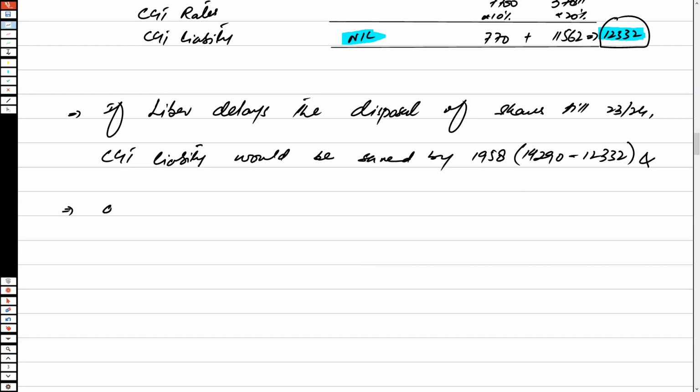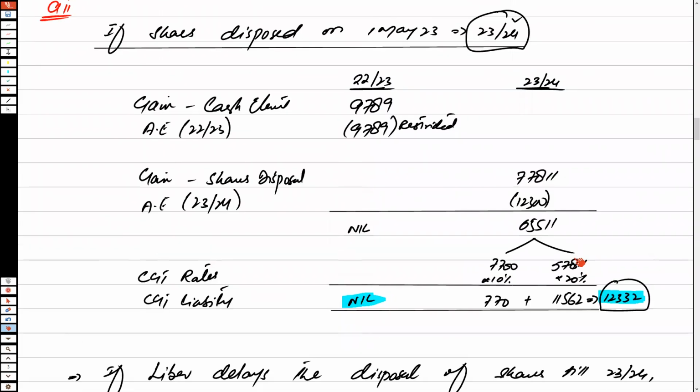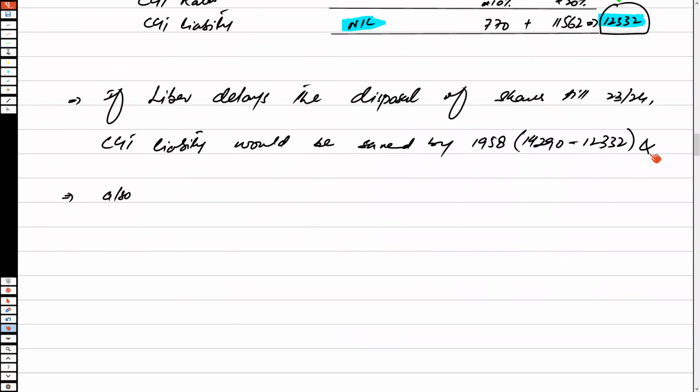Now, also, these gains are in the fiscal year. This CGT liability is calculated for the fiscal year 23-24. So I'm also marking another point, and also would be having